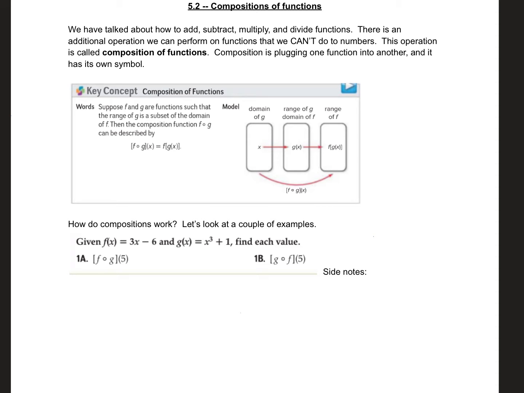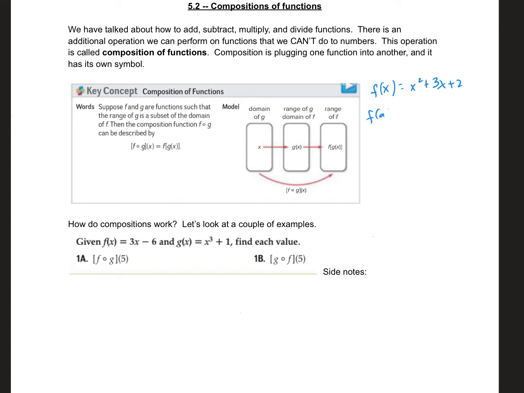So we've talked about adding, subtracting, multiplying, and dividing functions and the symbols for that. So there is something else that we can do with functions that we can't do with numbers, and that's called composition. So you might remember first semester, if I gave you a function like x squared plus 3x plus 2,